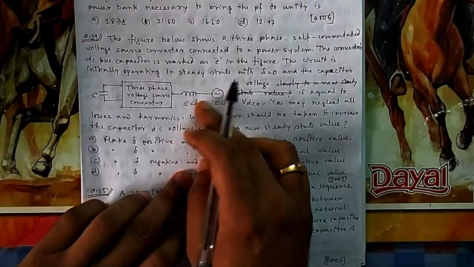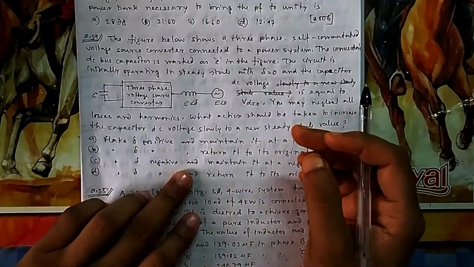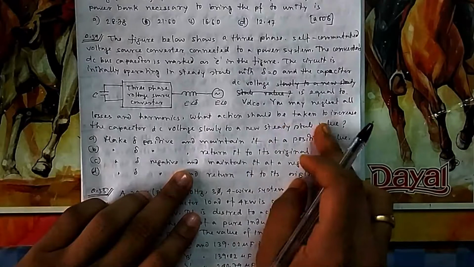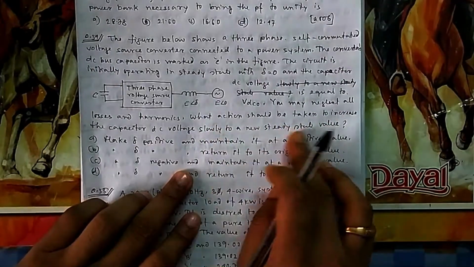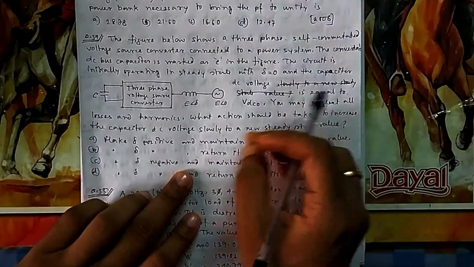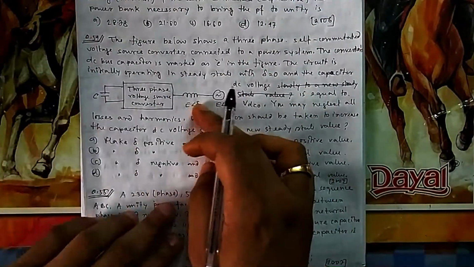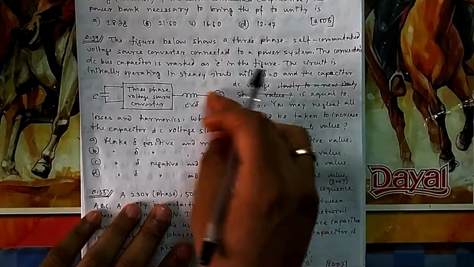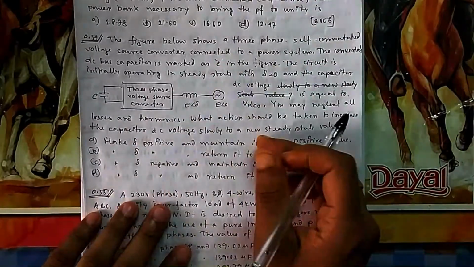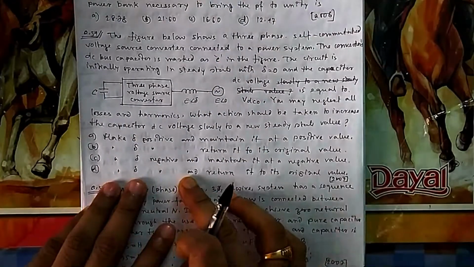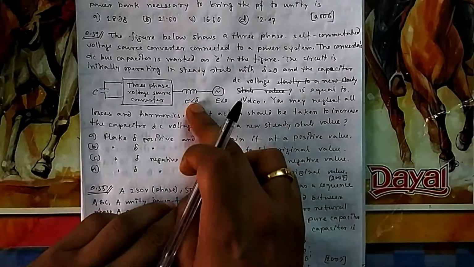If you are continuously maintaining it, then it will be continuously charging. But you just need to increase it slowly to a steady value. You cannot continuously pump power into a capacitor. Otherwise, when it is fully charged, no power can flow. So that's why the delta will be negative and then you return it to the original value.